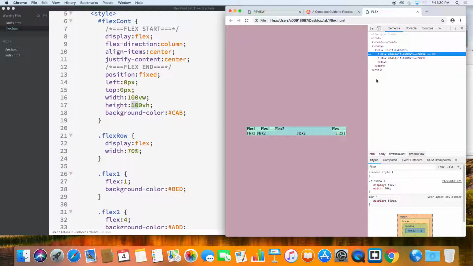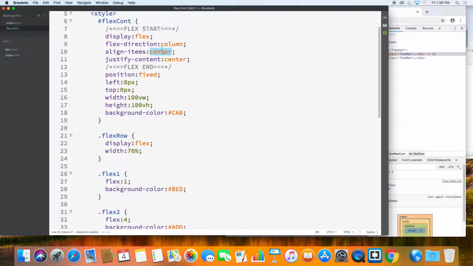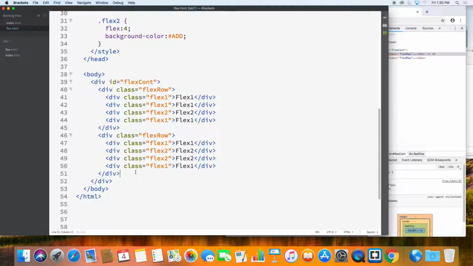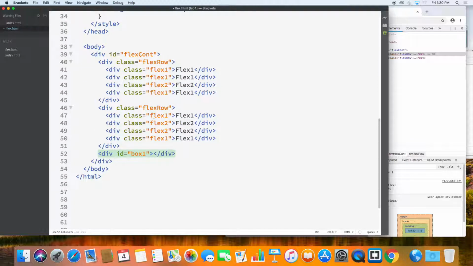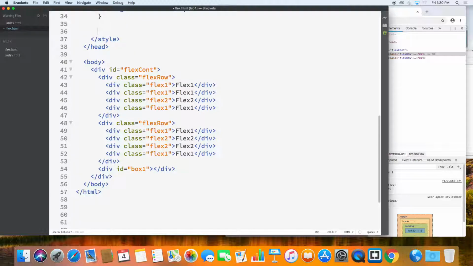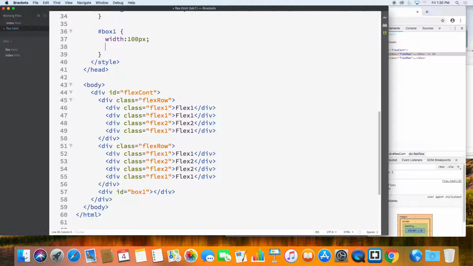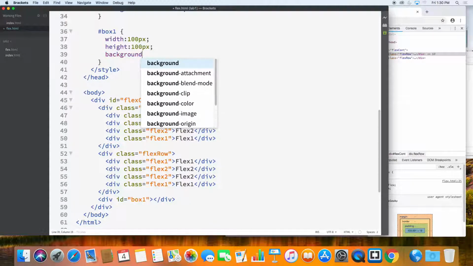Flex box. And the thing is, it doesn't matter what you add inside. Every single child is going to be adjusted into the center. For example, one last thing I'll add in the container is a div. Let's ID it box 1, like so. And we will also style this box 1 with 100 pixel width and 100 pixel height, and a background color of